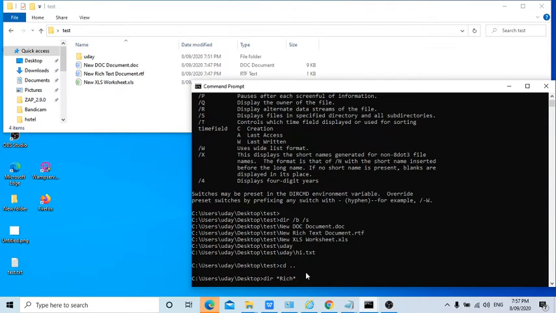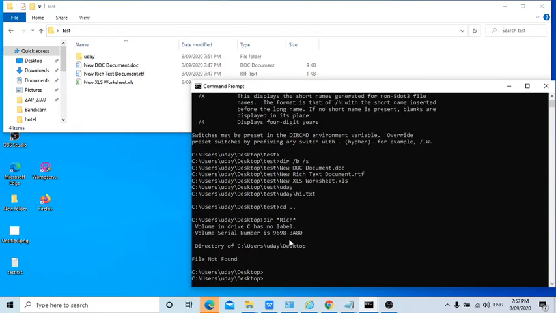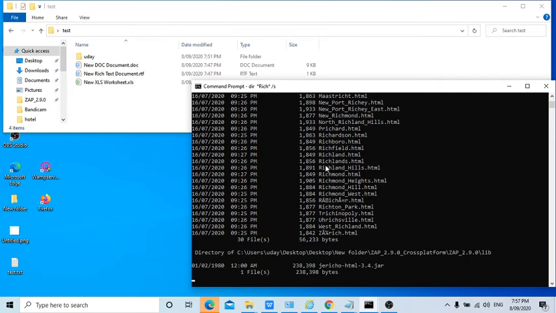So now if you enter this particular search, it is showing file not found. That means it was searching only in this particular folder itself. So if I enter /s, it has to search in all the subfolders, then it will show us, guys. So it is showing all the file names which have the word rich in them. Can you see, guys? It is Rich. So it's not case sensitive, guys. I was mistaken. I am very much confused with multiple operating systems.